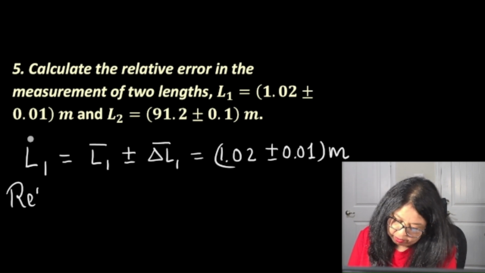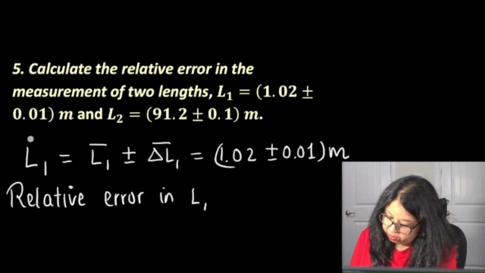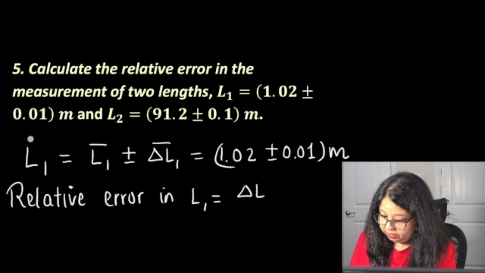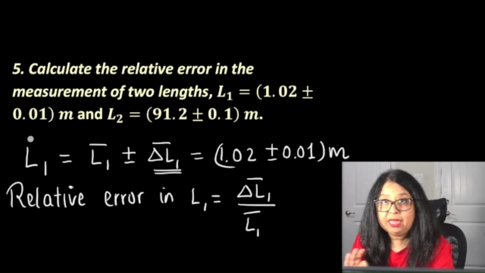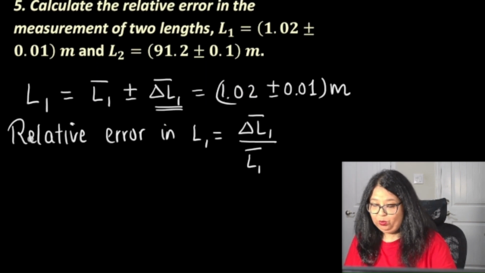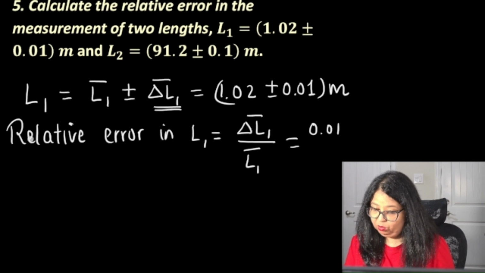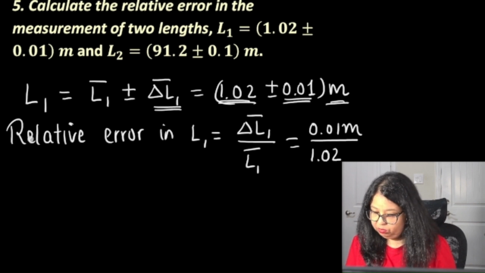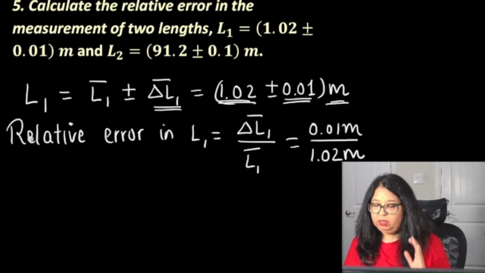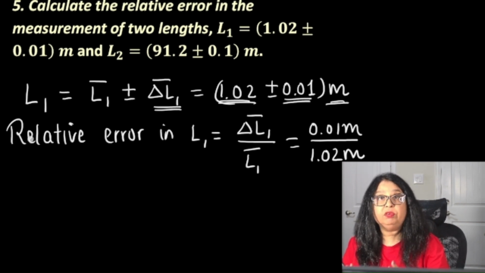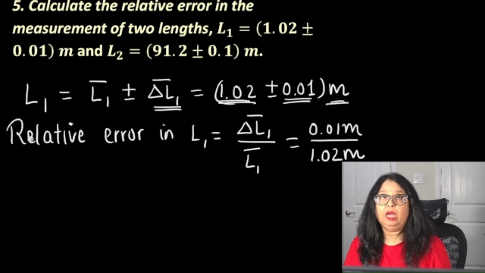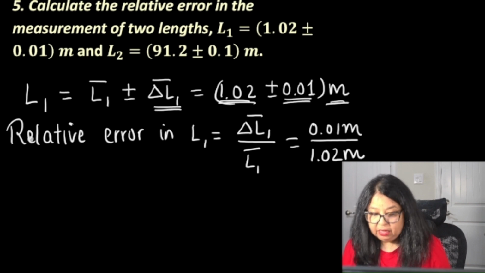The relative error in L1 will be equal to delta L1 bar, which is this, divided by L1 bar. That's it. So this will give us 0.01 meters divided by 1.02 meters. Now here, as long as it is written correctly, and I hate to say it, I have seen